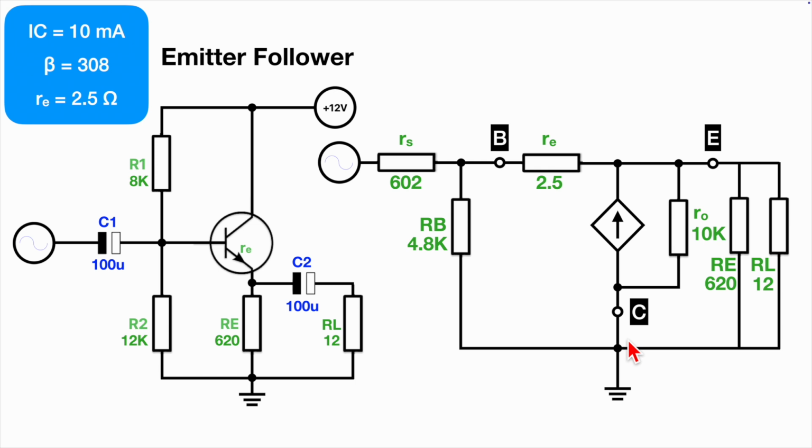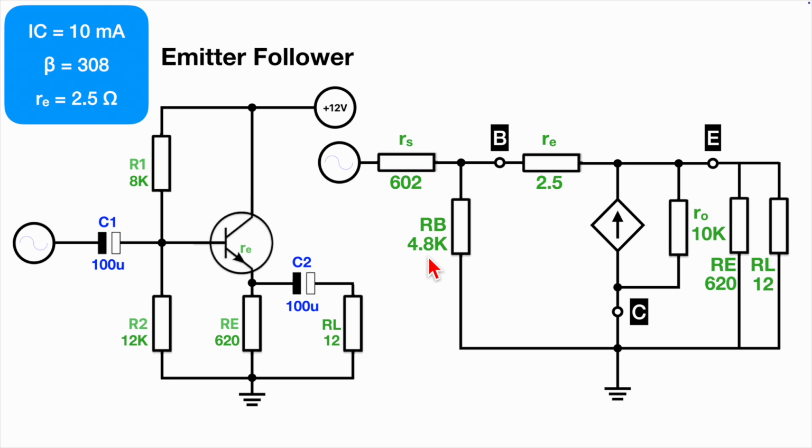On the last model that we looked at in the common emitter, the emitter was down here and the collector here. So if you imagine a 2N3904 transistor with a base pin in the middle, it's like flipping it over so it faces the other way. So the base pin's still in the middle, but the collector and the emitter are the other way around now, right? Okay, so you need to be careful with that. So the base is still here, but now this is the collector and this is the emitter. And so I've done what I said. I've paralleled these two resistors to form RB, which is